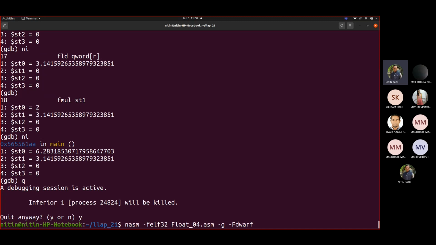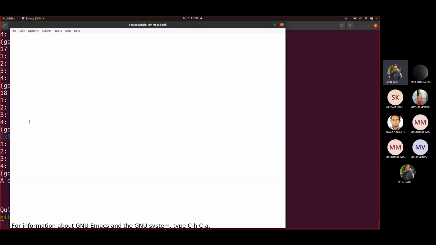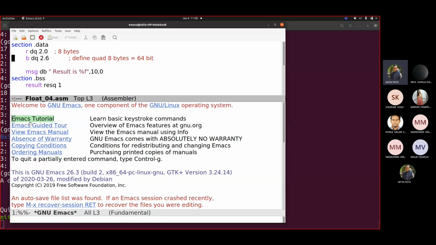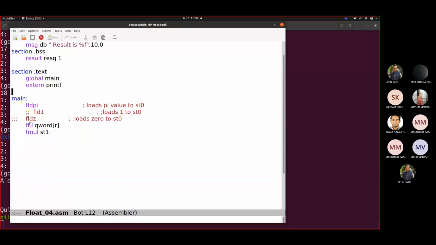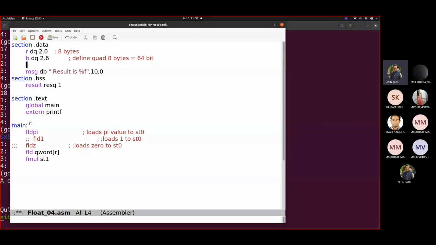Now in this case, this 2 is what? A decimal number. So we want that number to be loaded. So let us declare here 2 dd 2. Okay, so this is ST0.